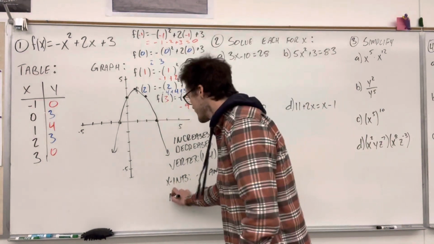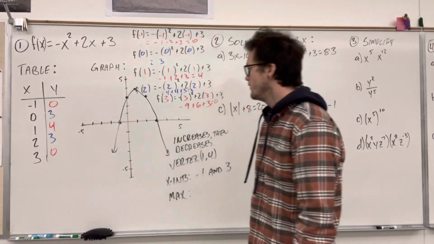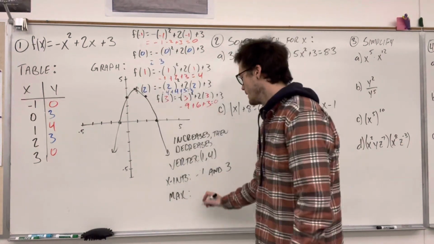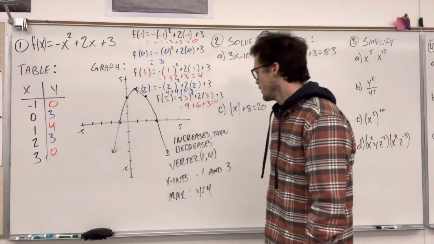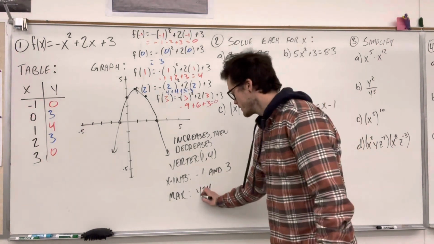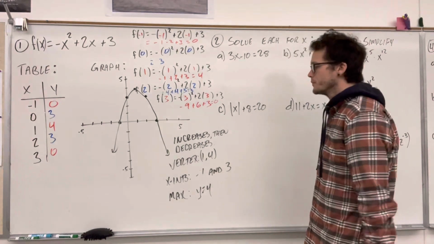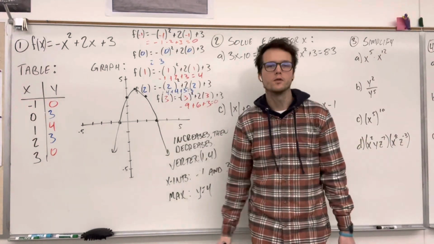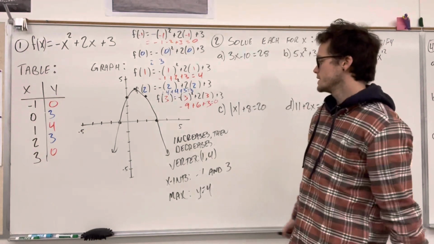In this case, we also have a maximum value. Our maximum height is when y equals 4. Gosh, that looks like 4 equals 4. This is y equals 4, my mistake. If the graph were pointing up like a smiley face, then we'd have the minimum value wherever the vertex is. So these are the big characteristics that we're going to look for